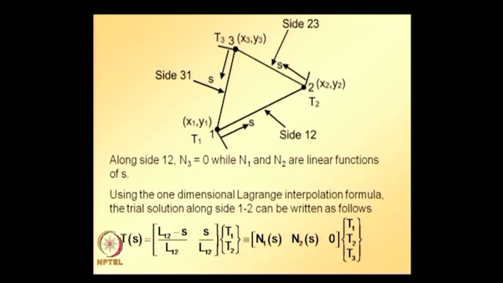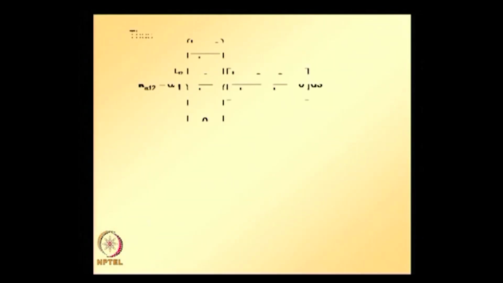So, this is how trial solution can be written in terms of nodal values T1 T2 T3 along side 1 2. So, substituting this T value, substituting the shape function values of N1 N2 N3 along side 1 2 into k alpha,